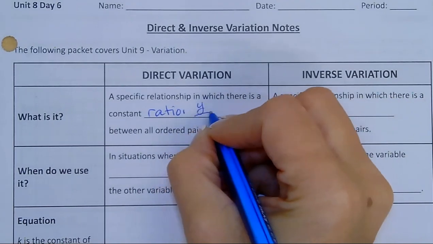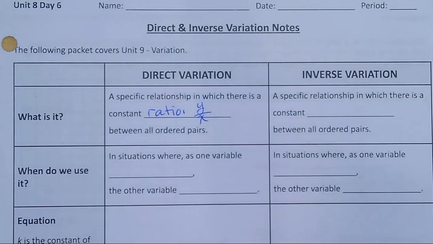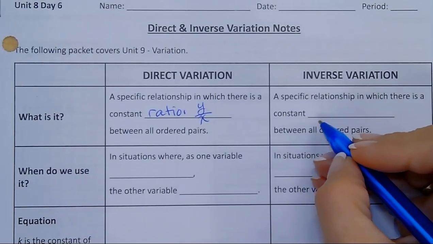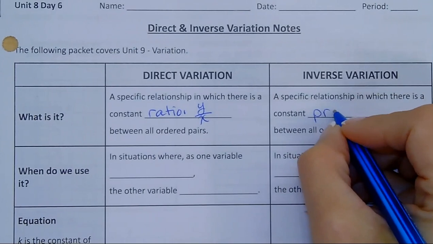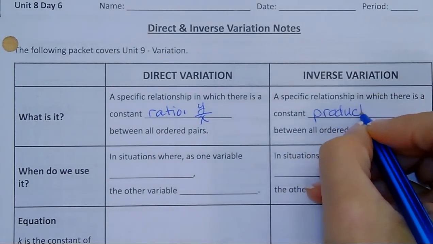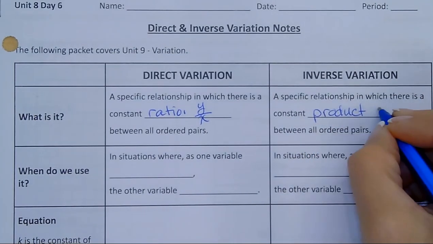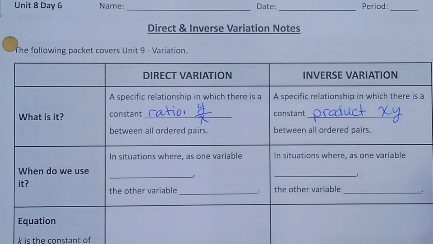Our y divided by x, if we're looking at a set of ordered pairs, is always going to give us the same ratio. If we have an inverse variation, though, we are going to always have a constant product. So anytime we look at any ordered pairs, if we multiply x and y together, it's going to be the same thing. So we'll have some examples and we'll show you,